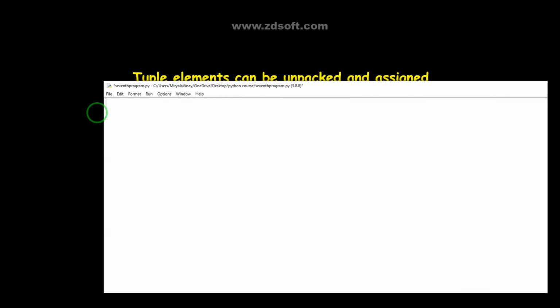Suppose, guys, I have a tuple t equal to C, C++, Java, Python. So guys, this is my tuple, and in the next line I am going to assign each individual value